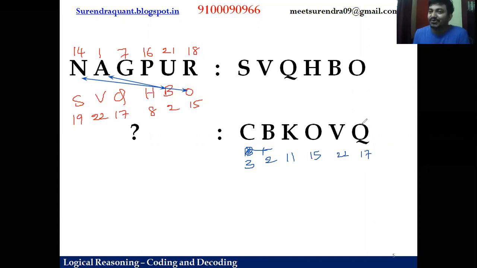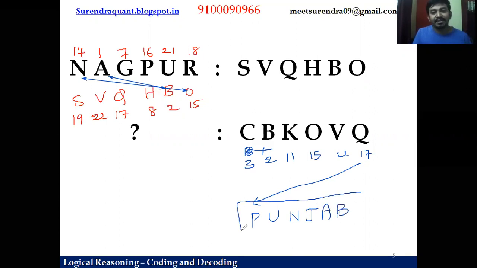Now this has to go to front. This has to come to the first position. So before P, before Q is P, right? And this is 22, 21st letter is U. Anyhow, before letter, you can quickly write down, guys. Before O, N, before K, J, before B, A, before C, B. Simply the word is Punjab, right?